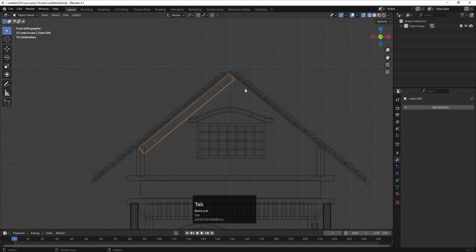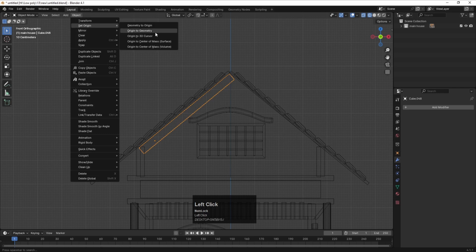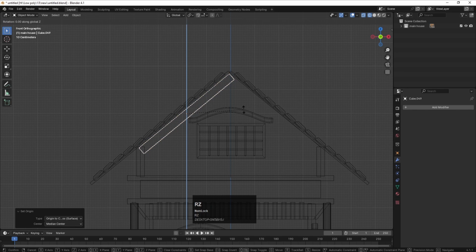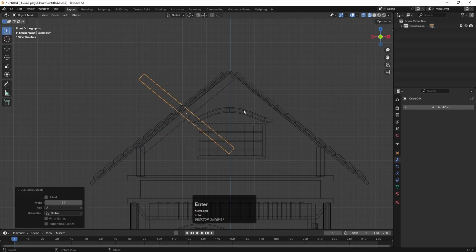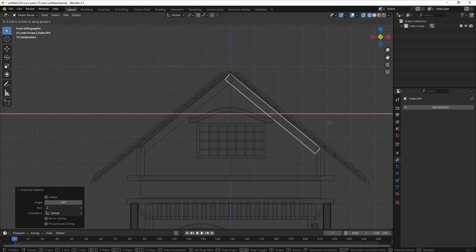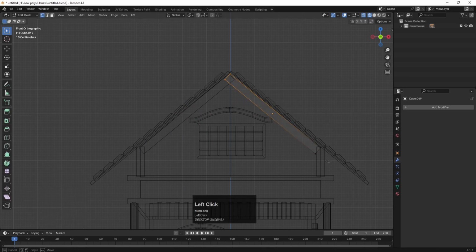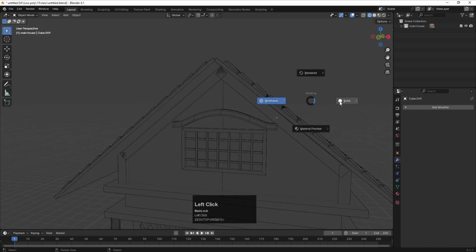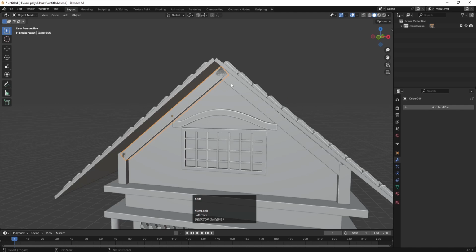Okay, press tab. Now select this, go to the object, set origin over here to center of mass, Shift D, R Z, rotate it 180 degrees, G, X, and try to bring this somewhere around over here. Press tab, select this, G, and try to bring this over here like this. Okay, Alt Z, Z, and choose solid. Let's select these two vertices,